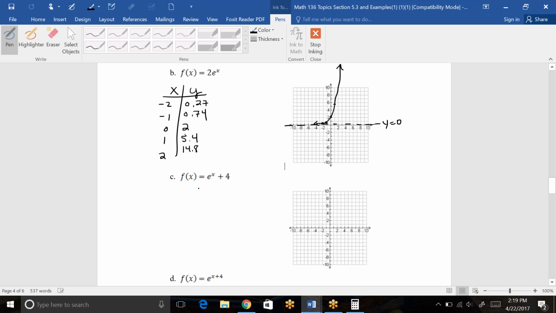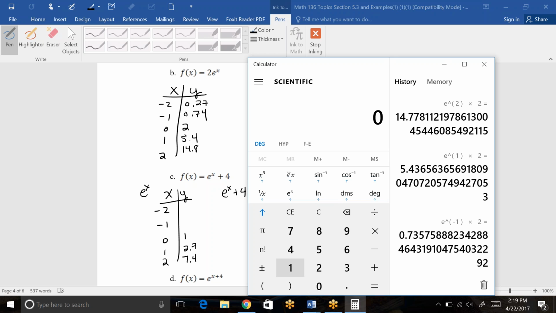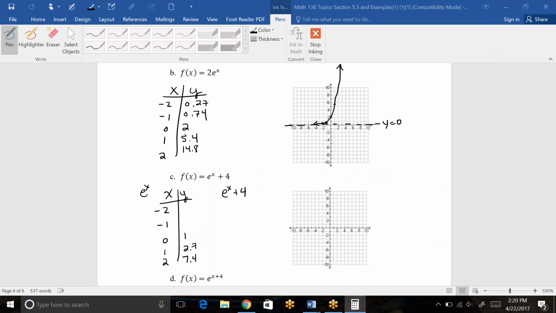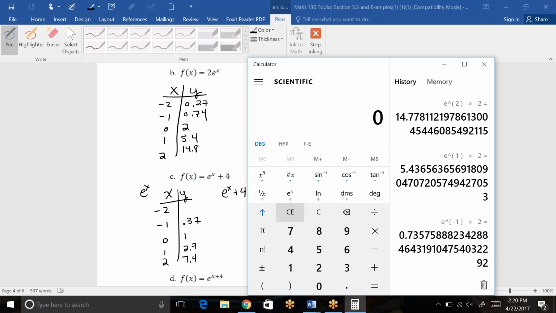Okay, this one should be just a shift up 4. So if we know what our e to the x's were, which we do know that this one was 7.4, this is 2.7, that would be 1. So this is for e to the x, not e to the x plus 4. Just kind of giving you a comparison. e to the negative 1, I wanted to say was 0.35, but we'll do that one again. 0.37. And then e to the negative 2